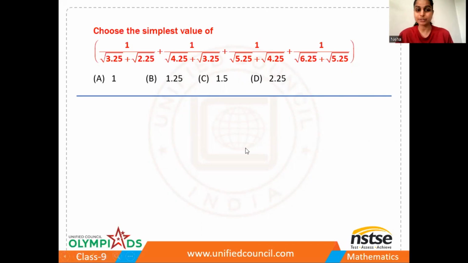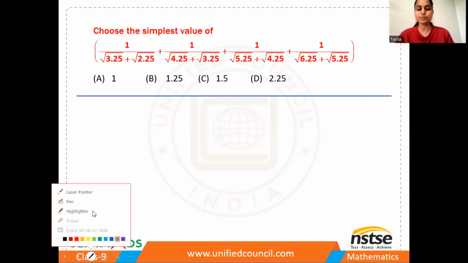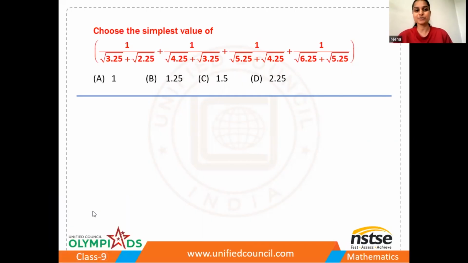Students, all questions are very important and very conceptual, so please try to solve all the questions with me only. Okay, so this is your first question, and let me see what my first question is saying. The first question is 1 upon square root of 3.25 plus square root of 2.25, plus 4.25, 3.25